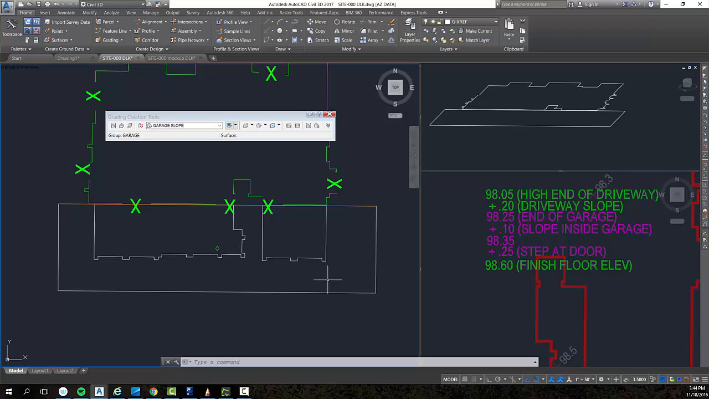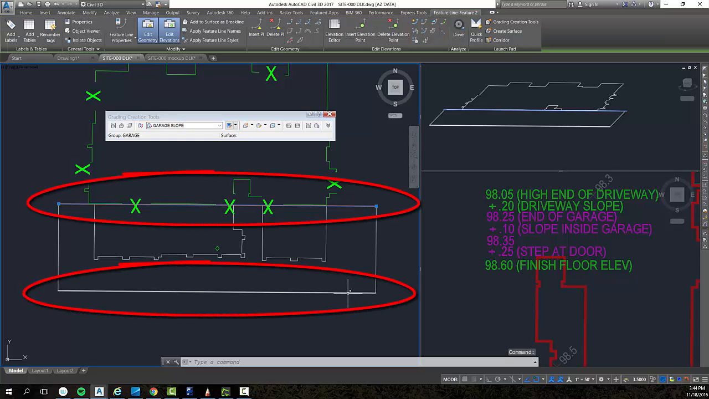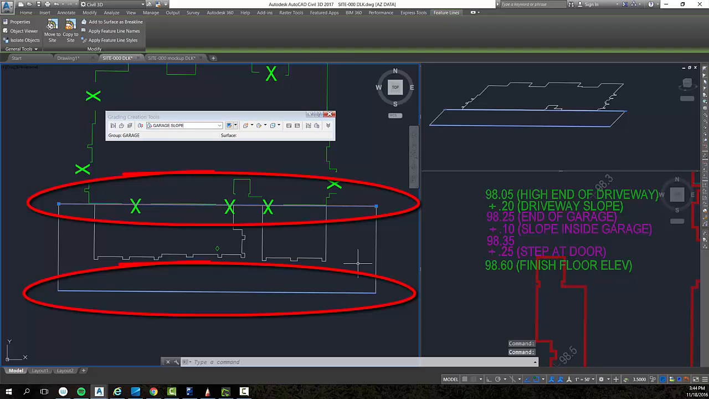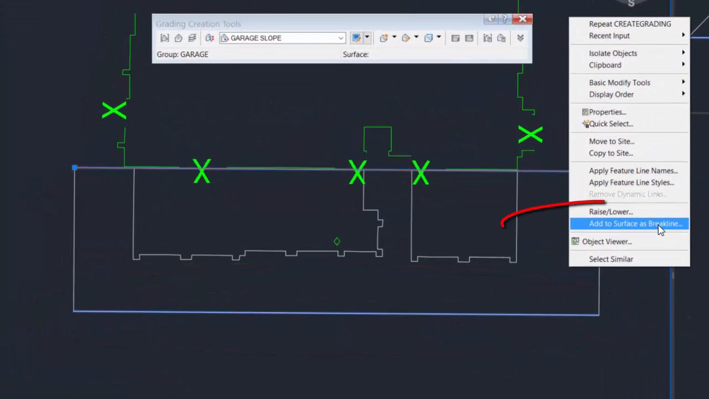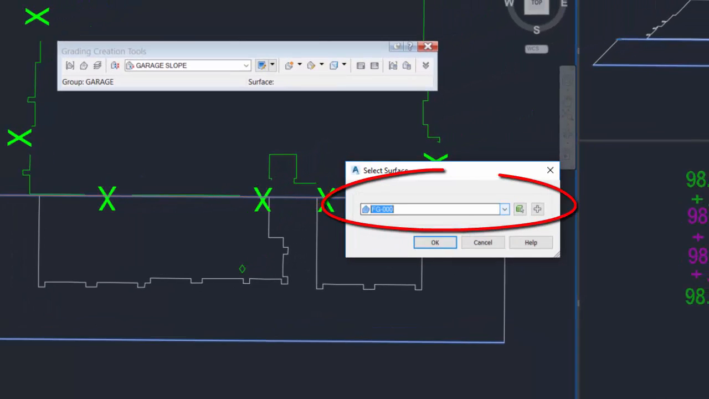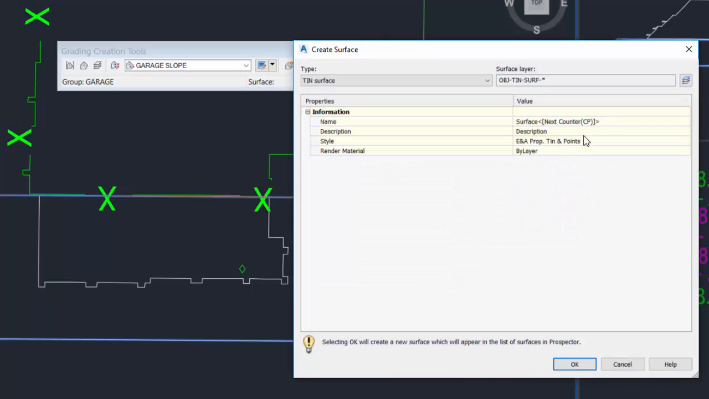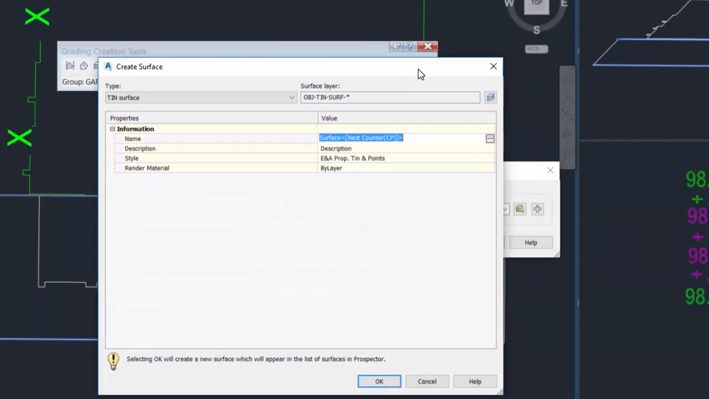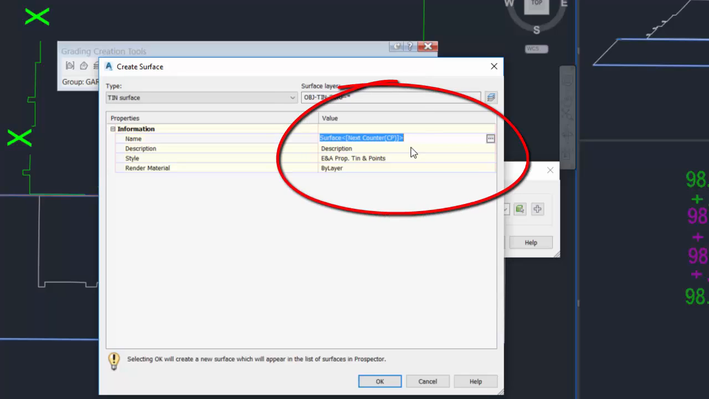So in order to create the surface, we'll go ahead and grab the feature line and this target line from the grading object. Go ahead and right click on it like we did earlier. We're going to add that to a surface. We don't have a temporary or that garage surface in here, so we'll go over to the plus sign and we will add the surface name. And let's just call this garage slope. And let's just keep it TIN and points. That'll be fine. We'll hit